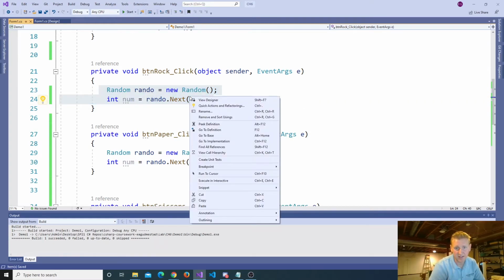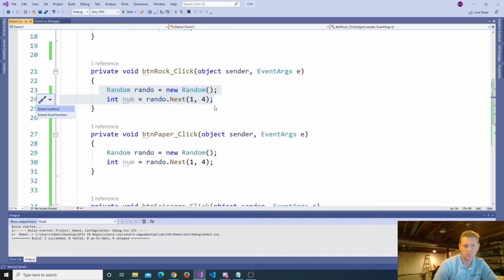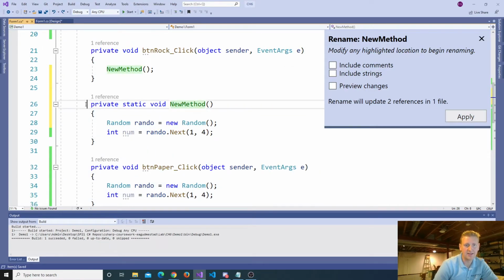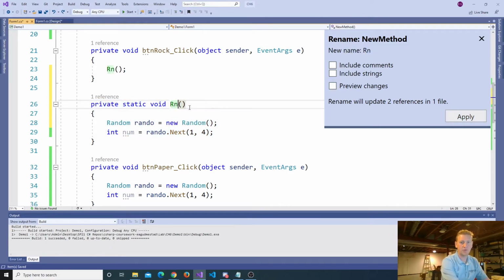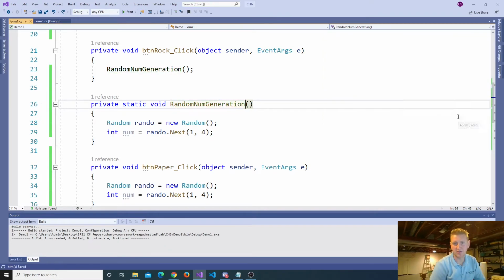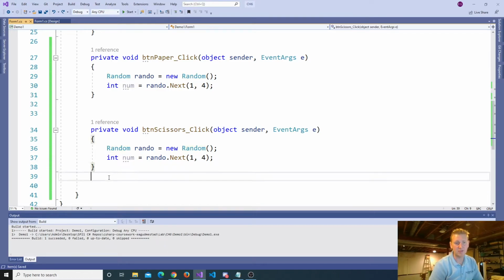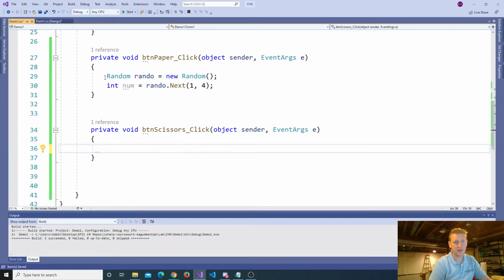Let's see, highlight, right click. There's a way in Visual Studio to... there we go, extract method. Visual Studio has this little feature where it'll help you write a method. You can see the name of the new method. Point being, you can use Visual Studio to do this kind of thing. But as we're learning it, I'm going to undo that, Control Z. I'm not going to use Visual Studio to do that because it doesn't help as much as doing it on your own. So instead of repeating this,